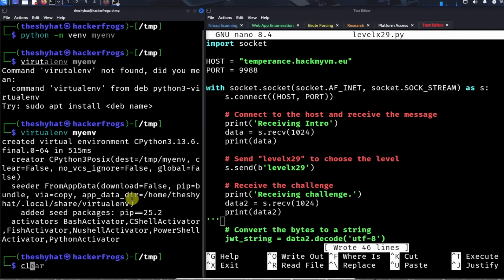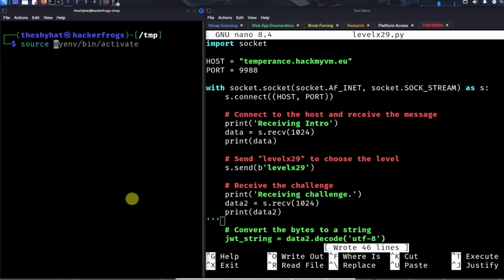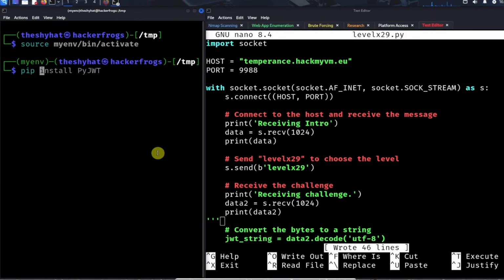Okay, and then we can run source myenv/bin/activate, and now we're in our virtual environment. So from here we can start importing and installing different modules, and it's not going to affect the rest of our system. So we're going to do pip install